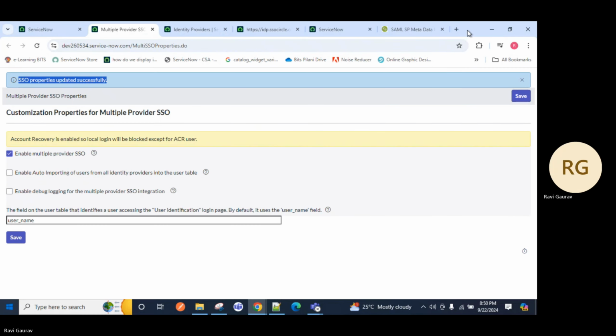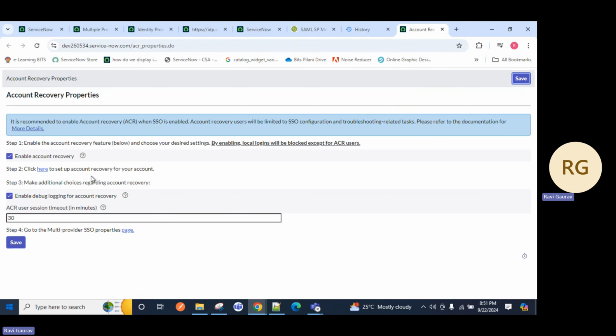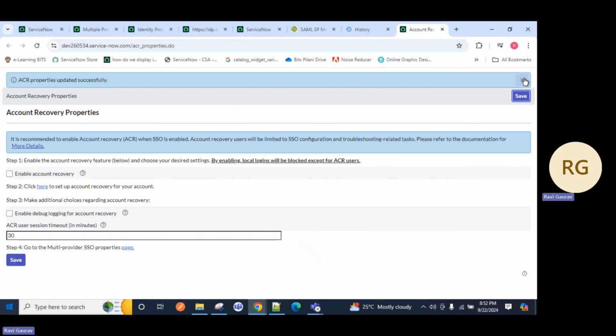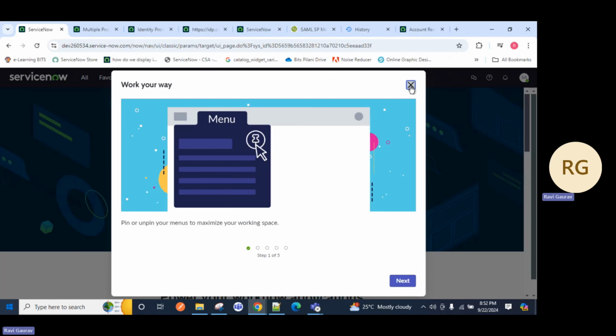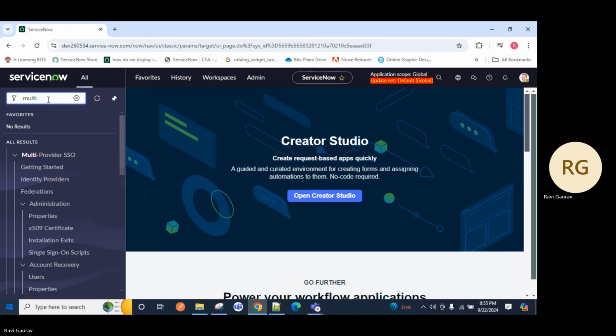Perfect. But let me go back here to the history and open this account recovery property and disable it. And even disable this. And click on save. Let me save the record and the property saved. Now let's go back and log out. One last thing which we will do here is, I have closed all the windows. So let's go to again multi-SSO,